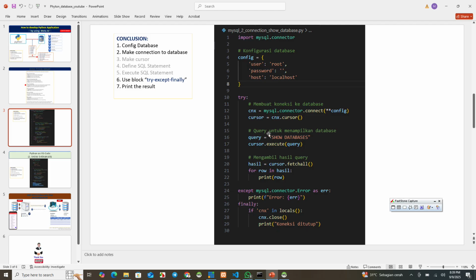For example, this SQL statement is show database. We give the query a name. And then execute the SQL statement. And then we make a try except finally block. This is how we manage errors. If there is something wrong in the script, it is easy to manage the error.